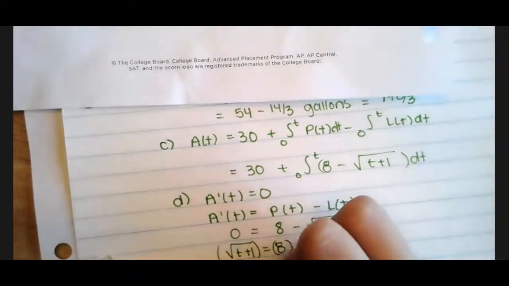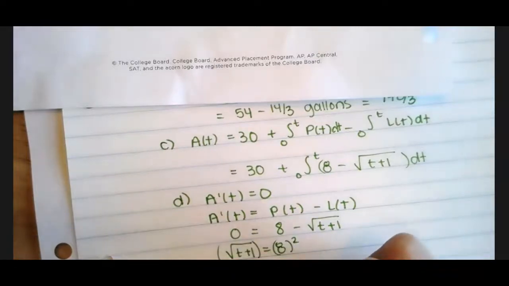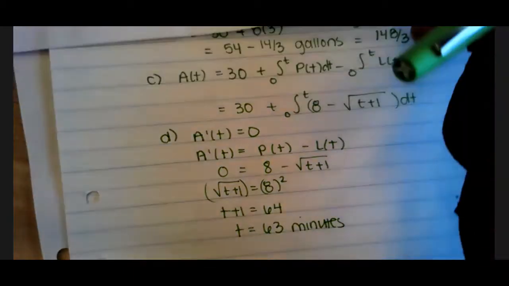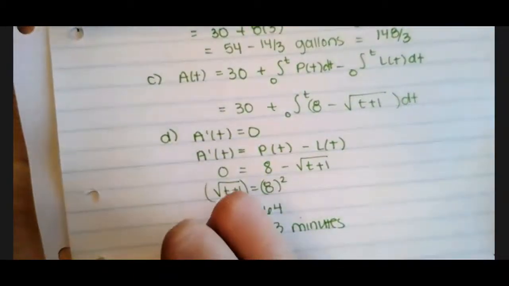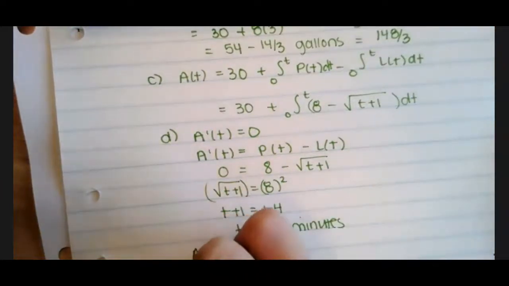So then you have the square root of t plus 1 equals 8. We're going to square both sides. t plus 1 equals 64. Subtract 1 away, and we see that at time 63, or at 63 minutes, the amount of water in the tank will be at a potential maximum. So that's our critical point. What we would need to do is compare A of 0, which we should know is 30, that was given, A of 63, and